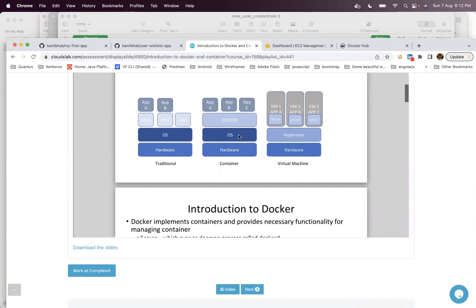But in the middle, you can see that the OS is running separately. On top of the OS, you are running different applications. So it is a very lighter version without any OS. It contains only the running application instances which are running over the operating system. Those are called images.